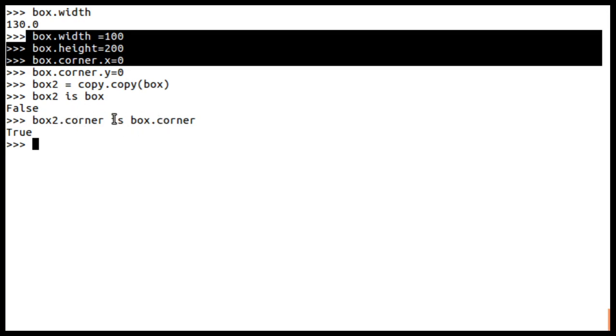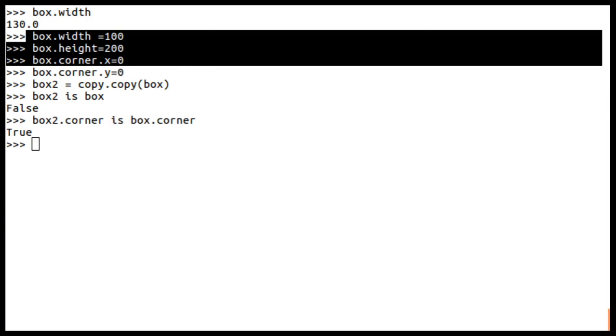This is true, meaning corner, which is a point object, is the same; it has not been created again. Box2 and box are different, whereas box2 corner and box corner are the same; it has not copied that.